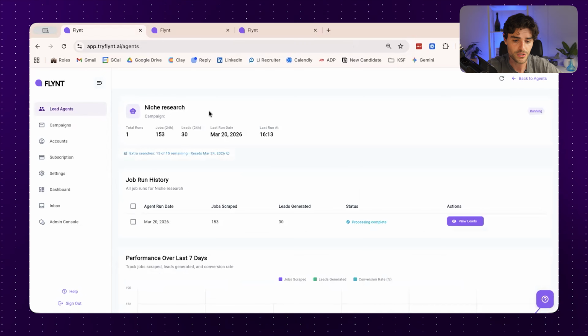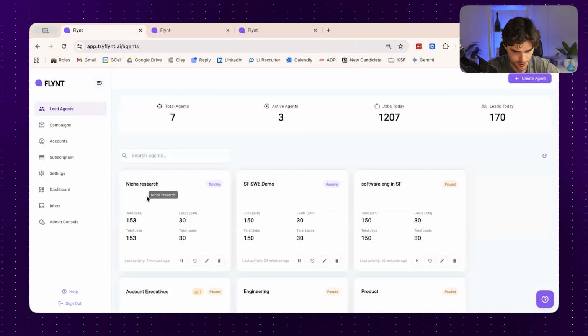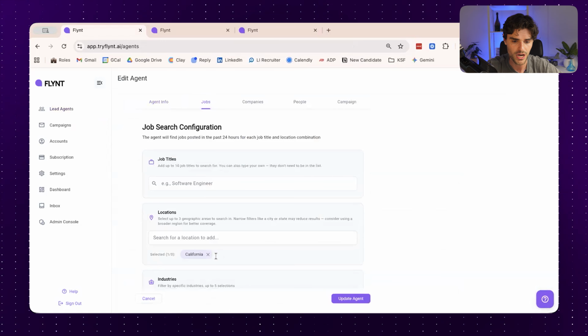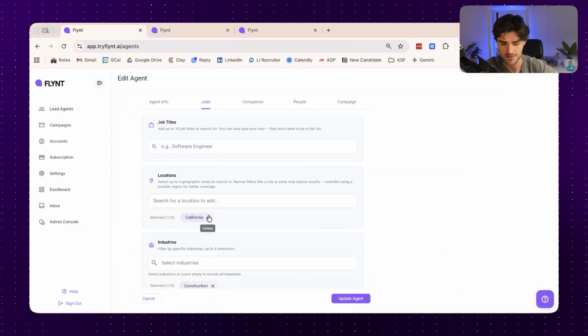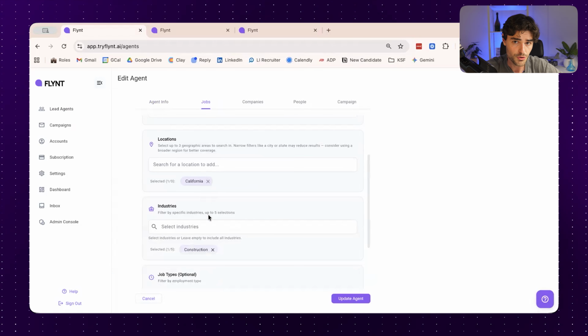So what we'll need to do is go back to our agent, the niche research one, and make some edits, make some changes. And so what we can do is change up the geography. We can go US whole company. We can go whole country, United States. We can also add in specific job titles. We can change up the industries. But what Flynt essentially told us here is it did not have enough data to find jobs that really fit